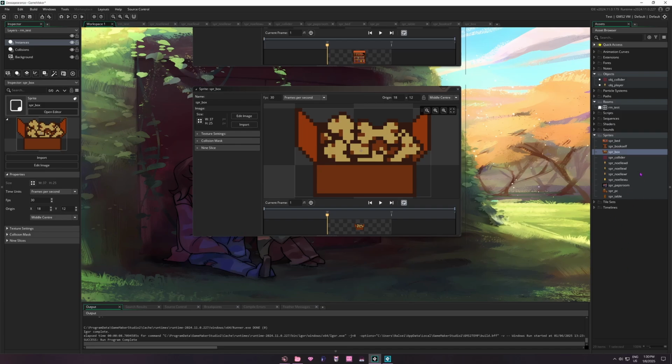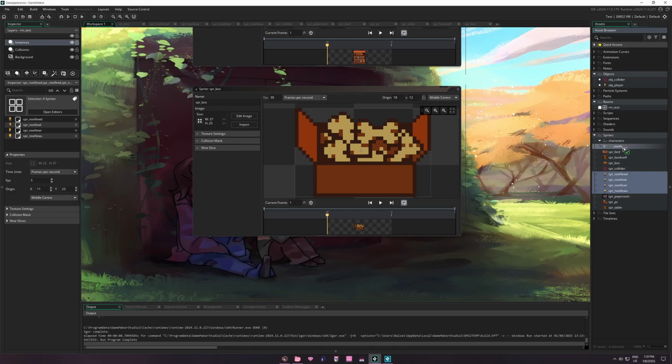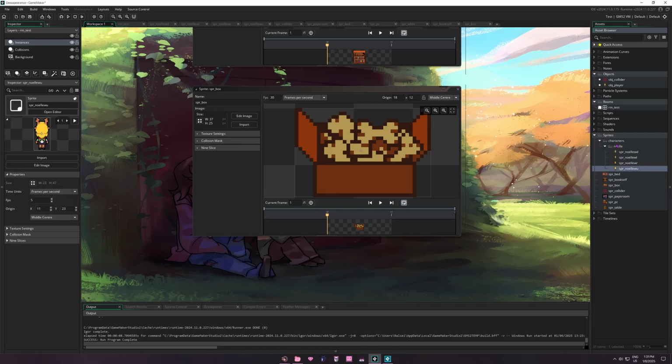Okay, so now's a good time to mention, it's usually a good idea to create little folders to organize all your sprites and objects and stuff, just so it doesn't get like a mess like this kind of is here. So let's create a first group, characters, right? And within the characters folder, we can create another one for Noel. Then we can drag our sprites in there. Great. And then we can minimize that because we don't really need her, right? Alright, and let's create another group called Paps